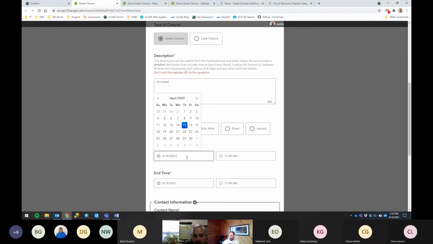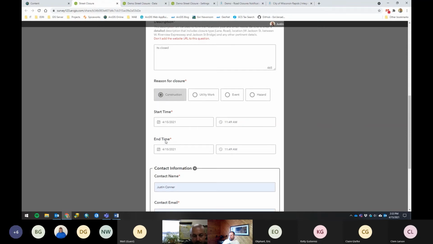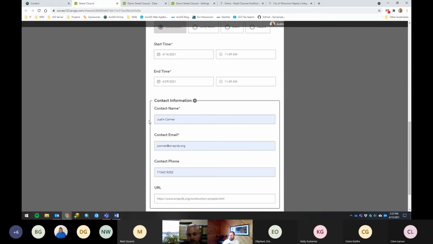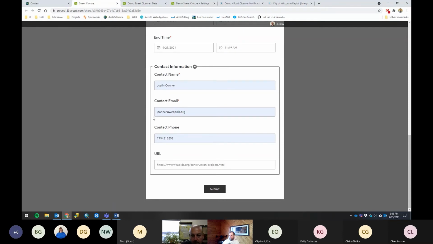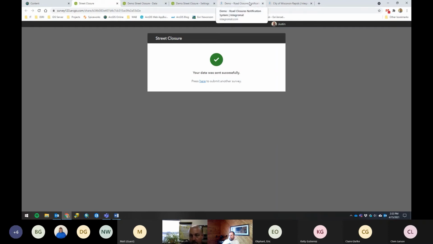For construction. So on our live version of this, I have in the map itself different kinds of queries set up for if it's a current closure, if it's a future closure, and that sort of thing. It's a fun way, but a nice way to categorize them and make it easier for the public to view them later. All right, and all that stuff there. So I'm going to hit submit, and hopefully